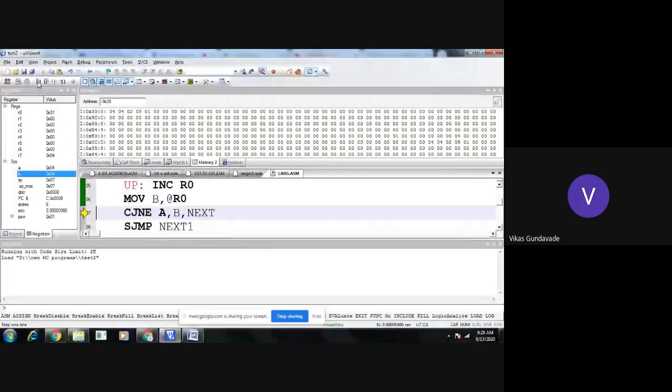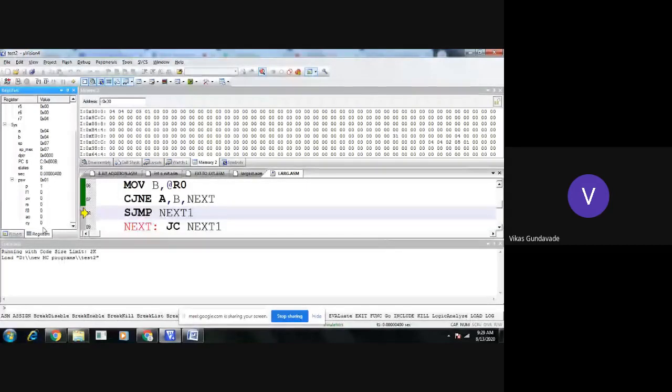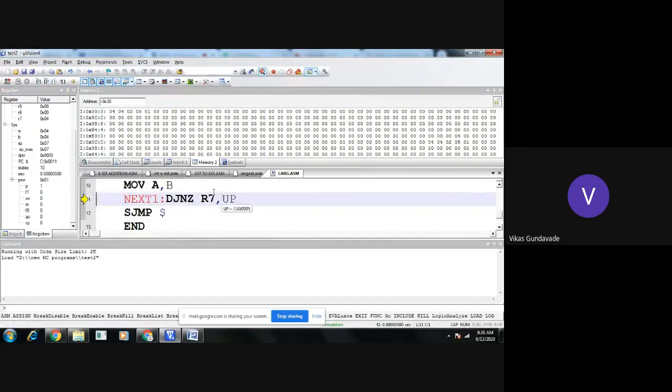Now see here, these two numbers are equal. So in this case, the carry is not generated in the PSW, but both numbers are equal. That's why we directly shift to the jump, because here the zero flag gets generated. Both numbers are equal, so we skip the further processing, and it will jump to the DJNZ R7. Okay, now again it will increment the pointer.